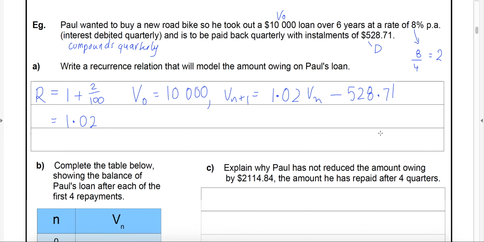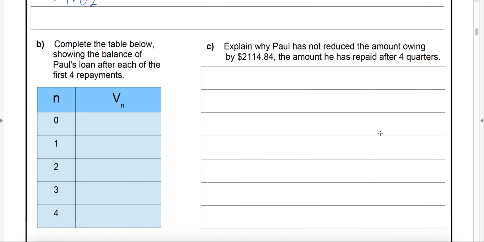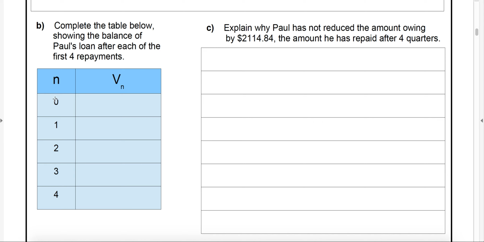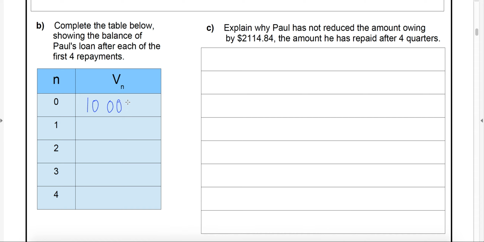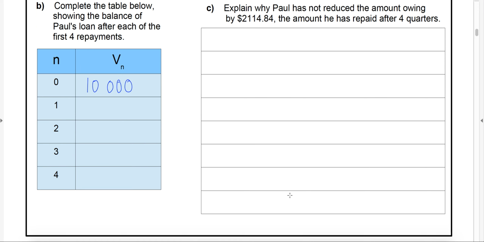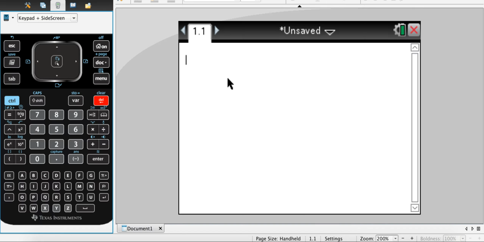Let's have a look at what it looks like with the calculator because we need to create this table or complete this table. We've got N, which is repayments, and we've got VN, balance of that loan. Now, before any repayments are made, he owes $10,000, so we can put that one in straight away. I'm going to go to my calculator now so that we can generate these terms for VN. Let's get 10,000 in, that's V0, and then let's enter in the recurrence relation, which looks like this,